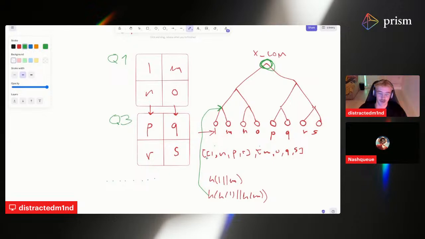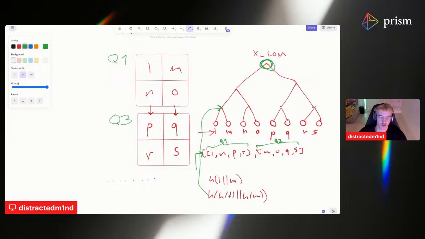We take the hash of every single element, so the hash of this, hash of this, for every single thing. But this is what it looks like internally, right? In the deck. Yeah. So we create basically a commitment over the two quadrants. Can you explain why this tree is not sufficient? Why do we need more trees?